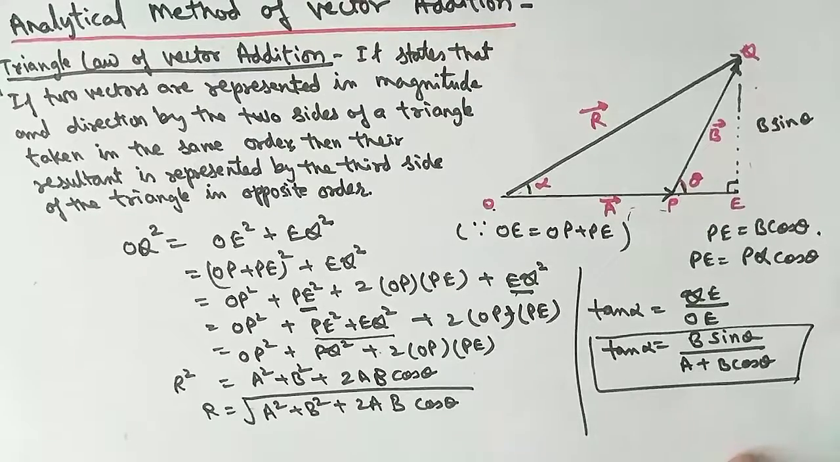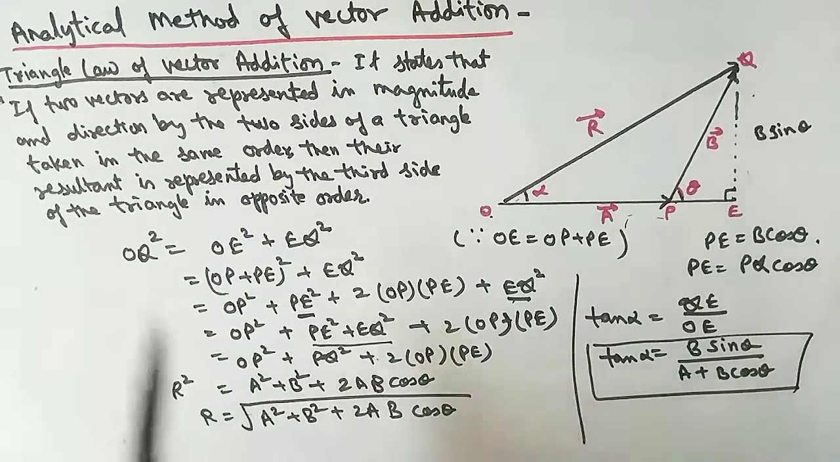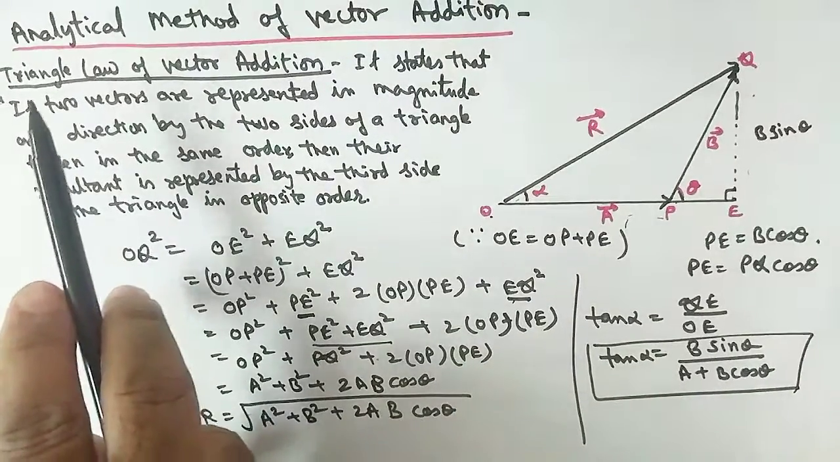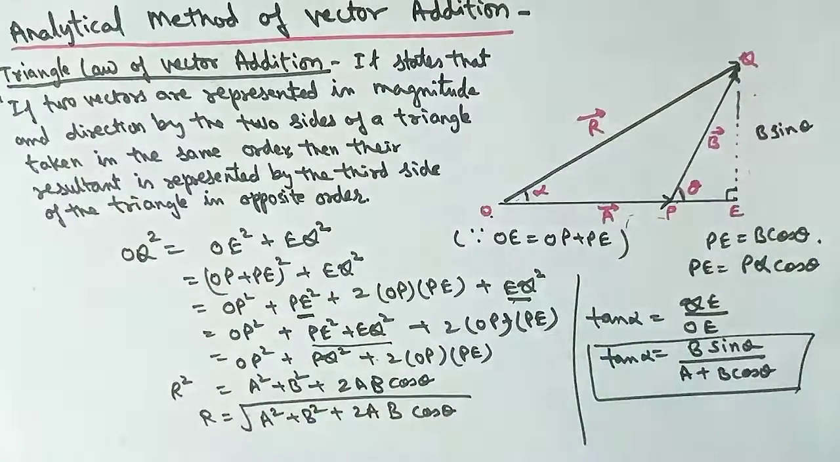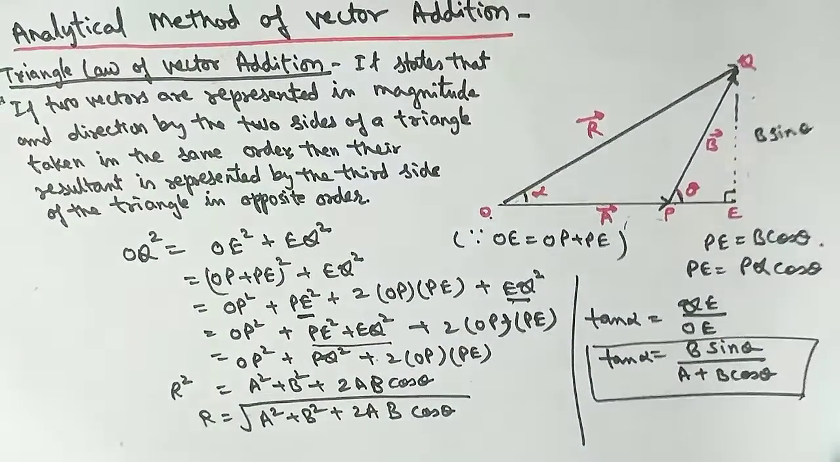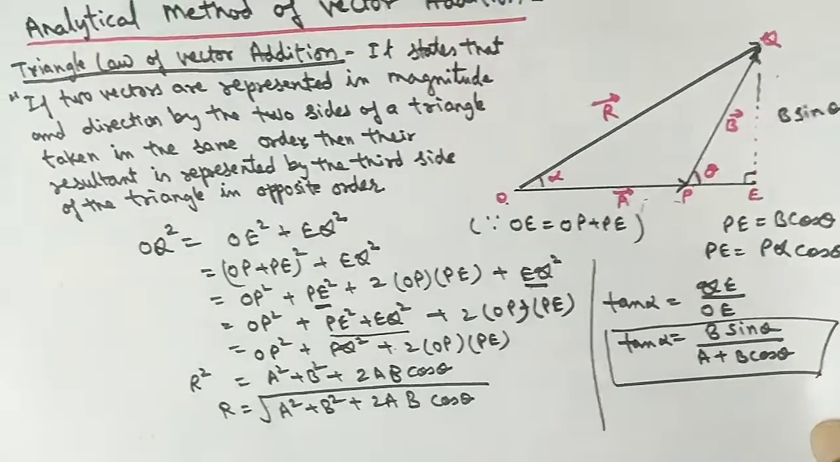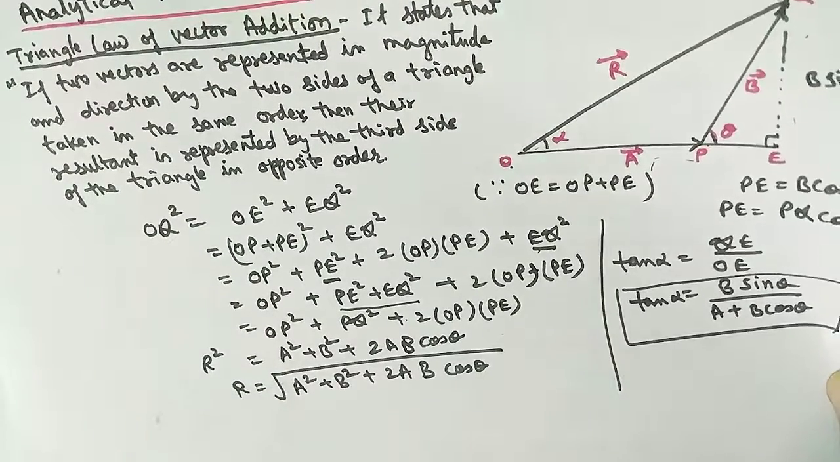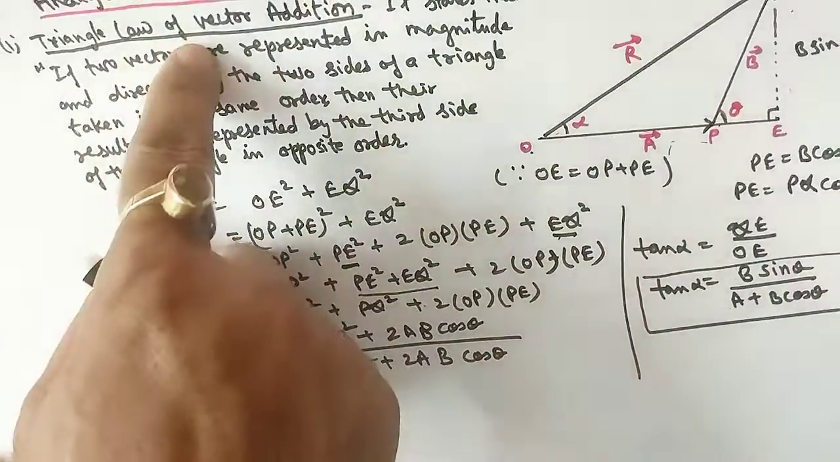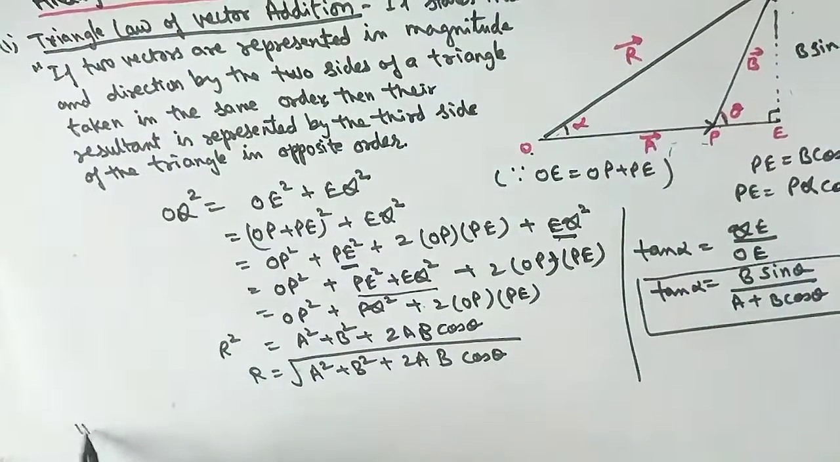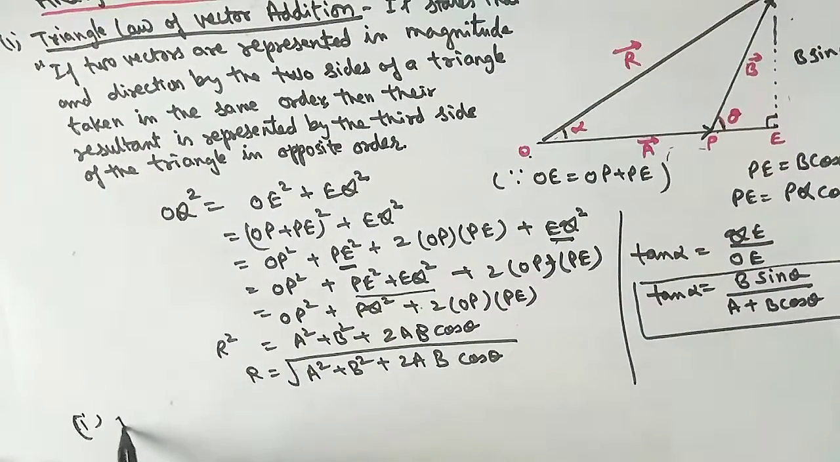So this is the analytical method of vector addition, and it is the triangle law of vector addition. Now the same formula you will find if we follow the parallelogram law of vector addition. It was the triangle law. Now come to the second law, the parallelogram